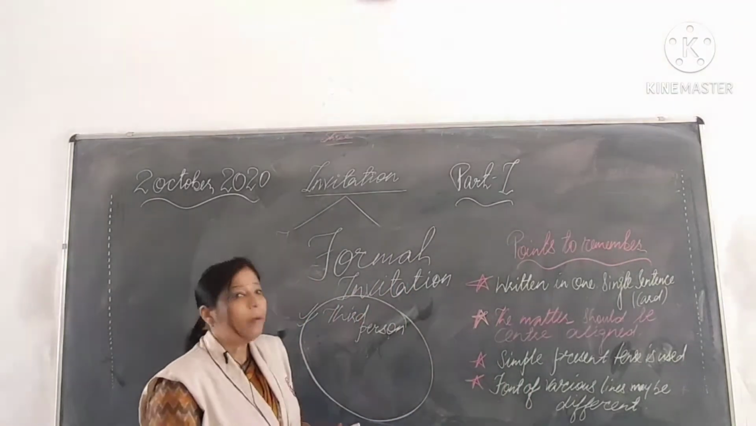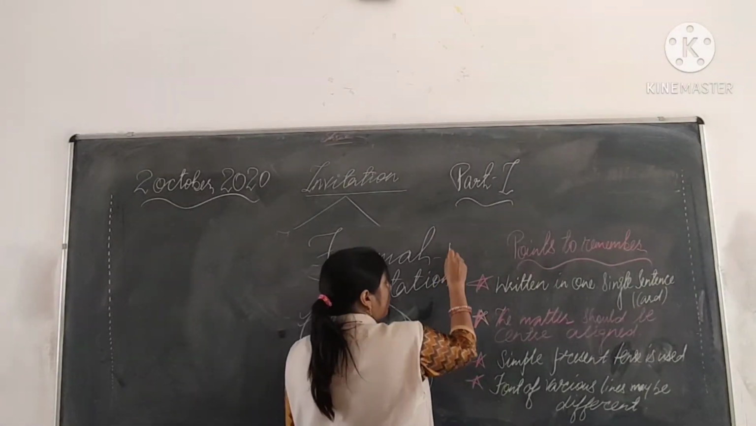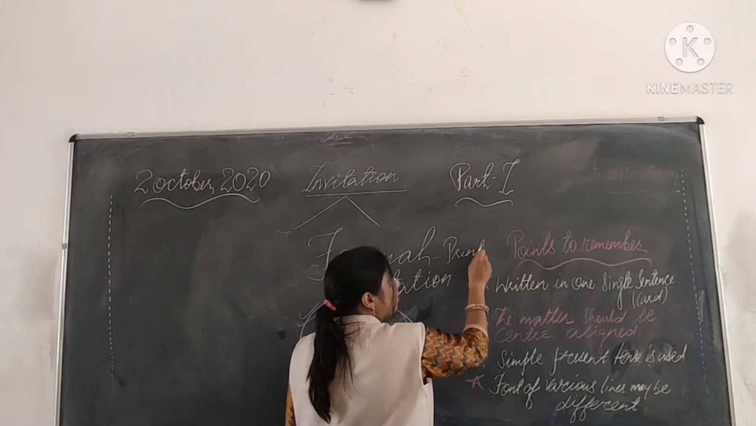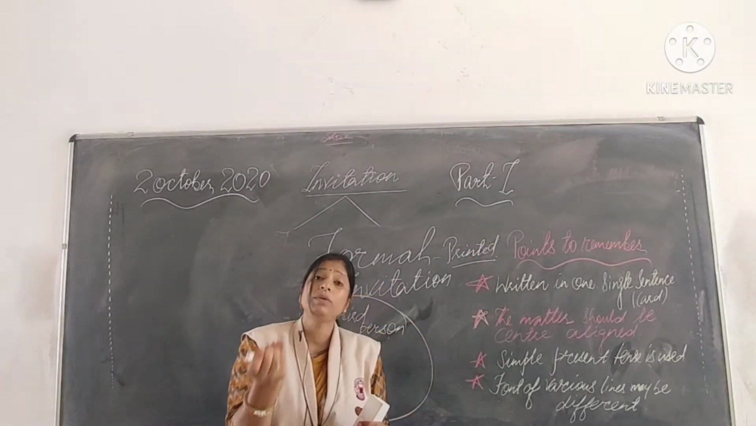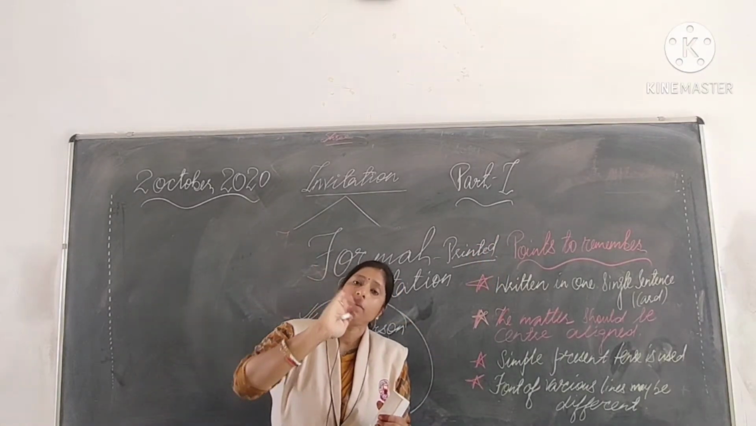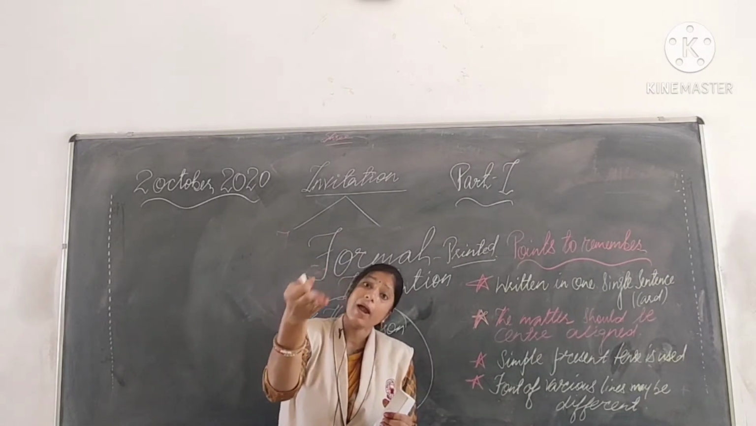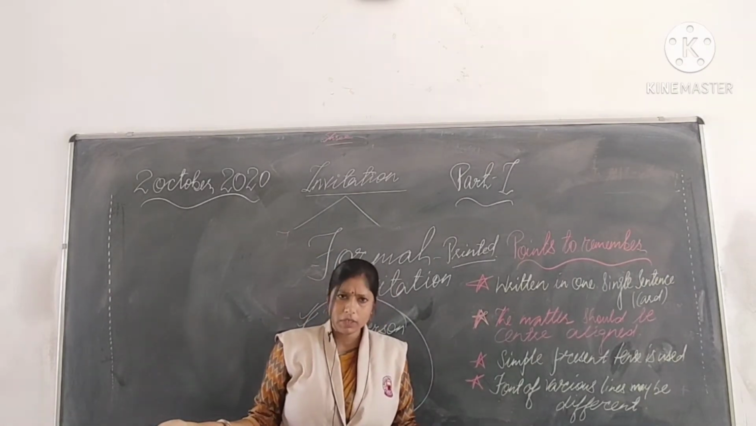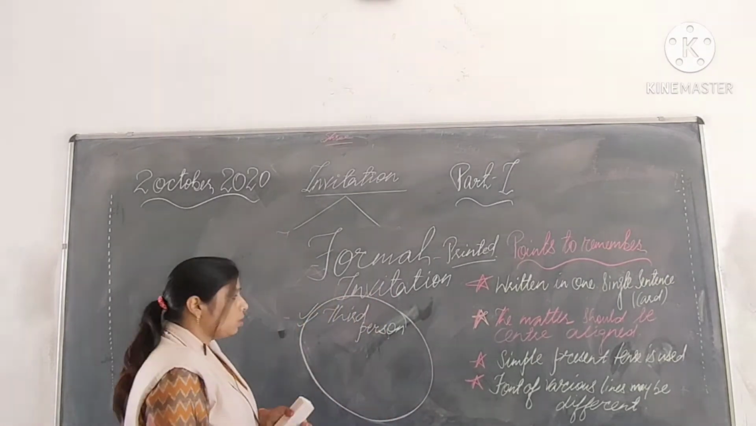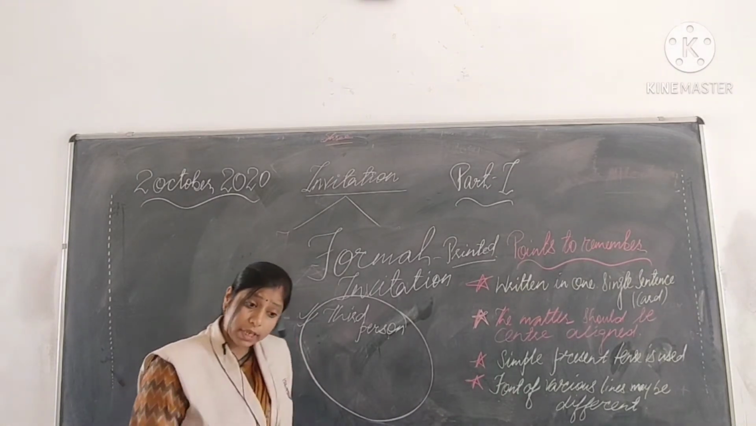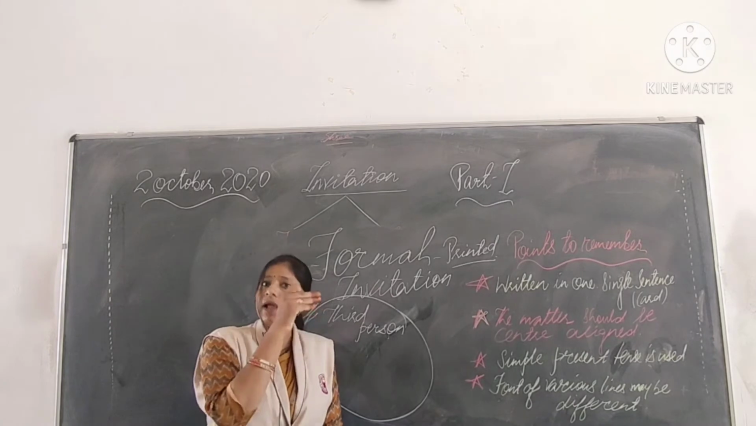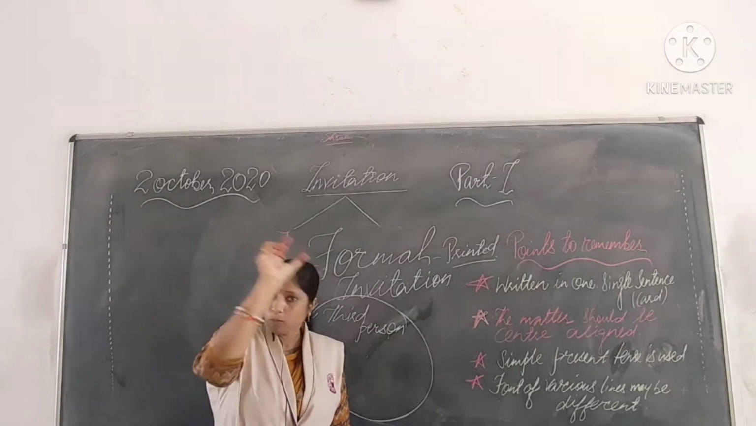Which one, beta? Printed one. The format will be the same. Only what is going to be changed? The name of the person who is inviting and the name of the occasion. But obvious. Okay. So we have to write in third person. We are not using I, we, you, they. Suppose I am writing an invitation, still I will not write I. I'll write my name on the